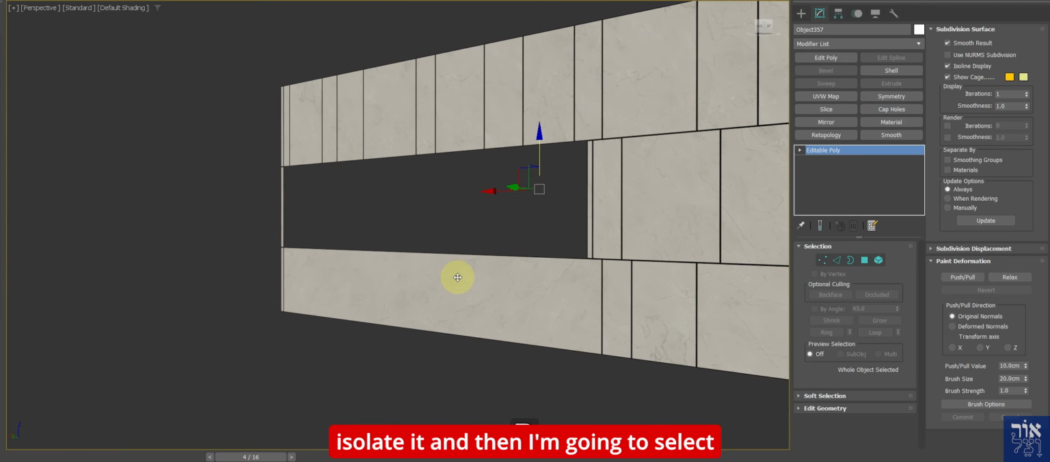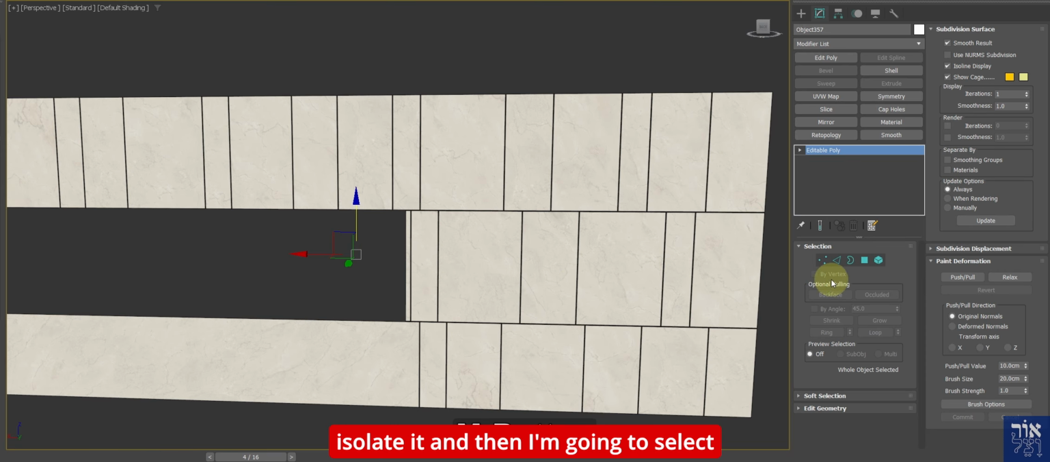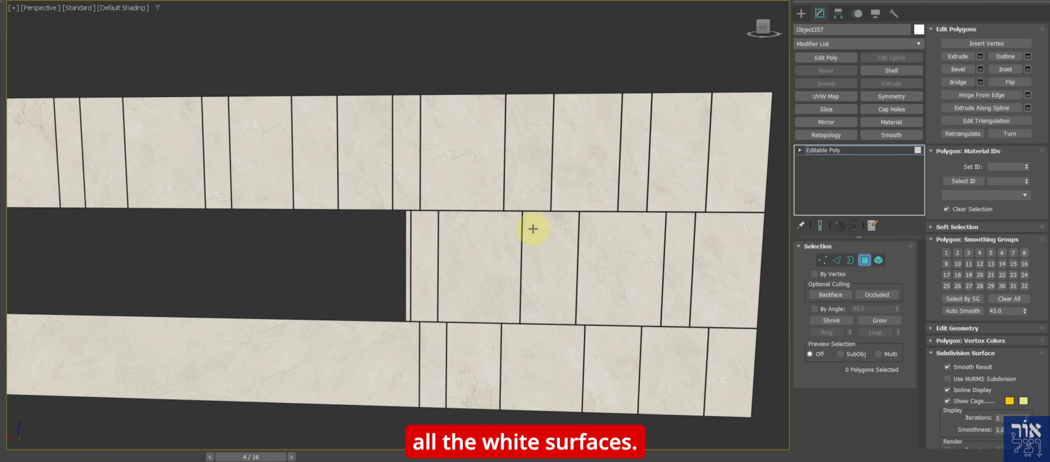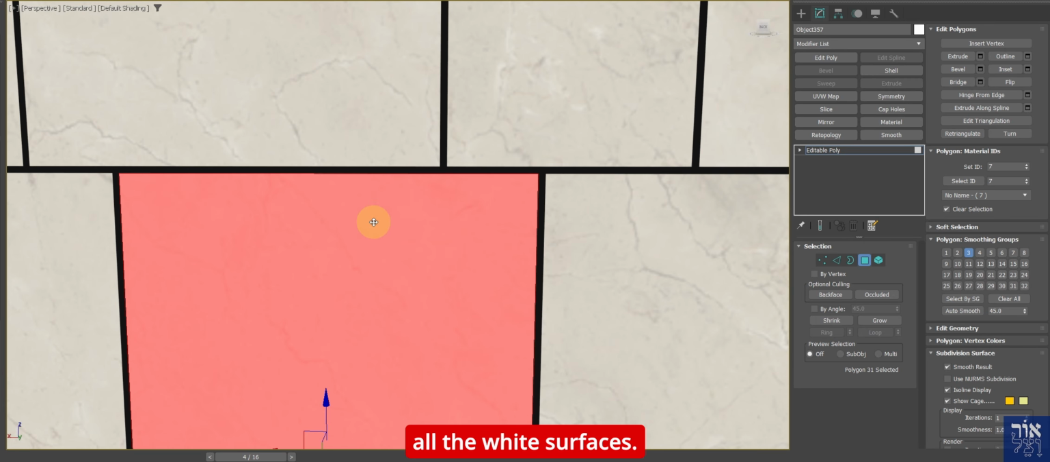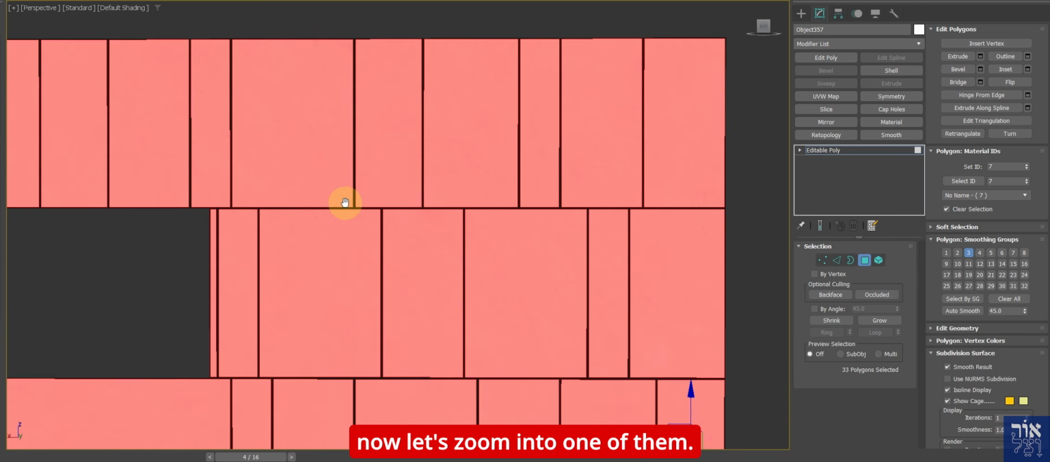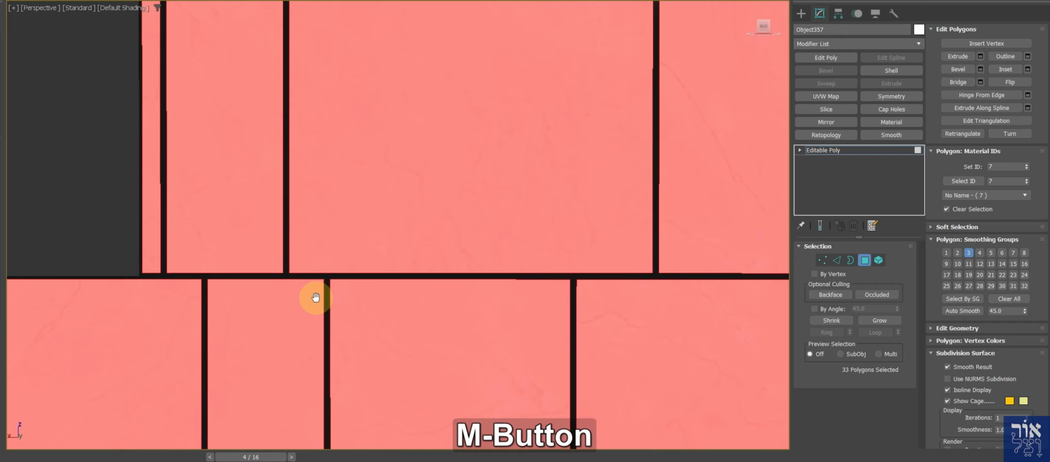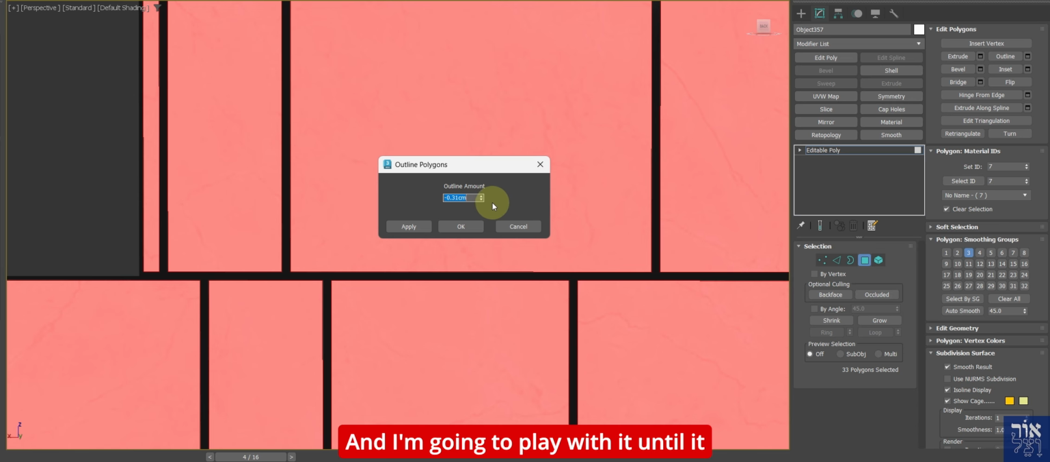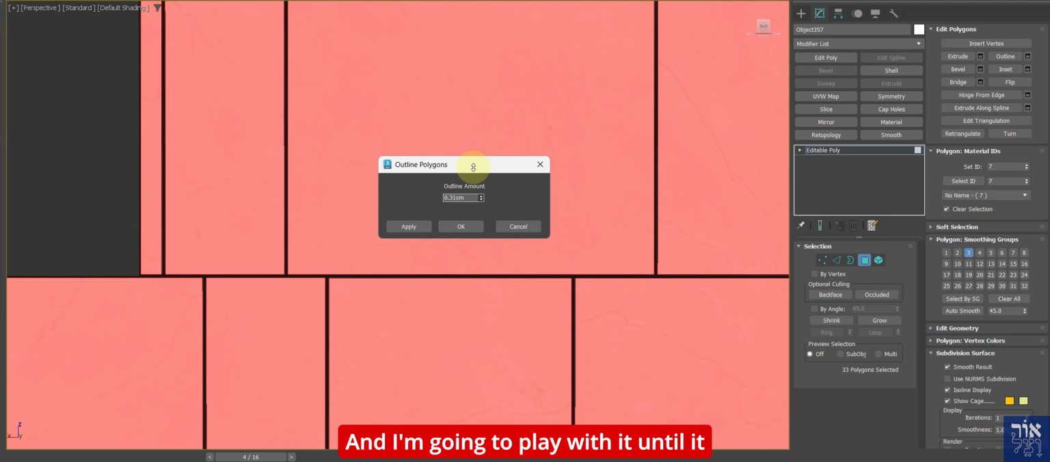and then I'm going to select all the white surfaces. I'm going to select ID, and now let's zoom into one of them, and then I'm going to use the outline command here, and I'm going to play with it until it reaches a